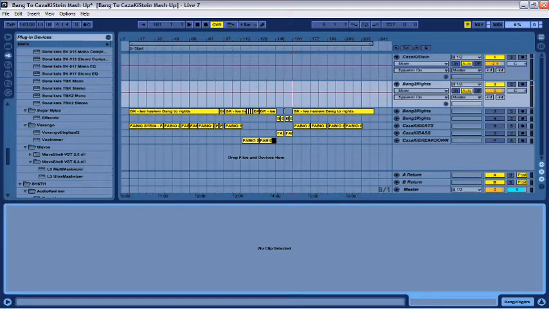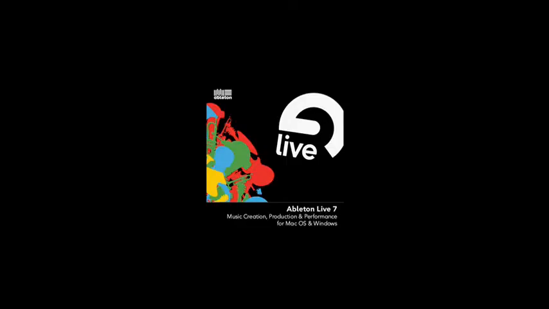So today we're gonna talk about mashups. A mashup is simply a track created by mixing up several parts and elements of two or more tracks. This is a very simple task if you have the right tools for it. Ableton Live is the perfect tool for mashups because of its very simple workspace and very practical control over samples